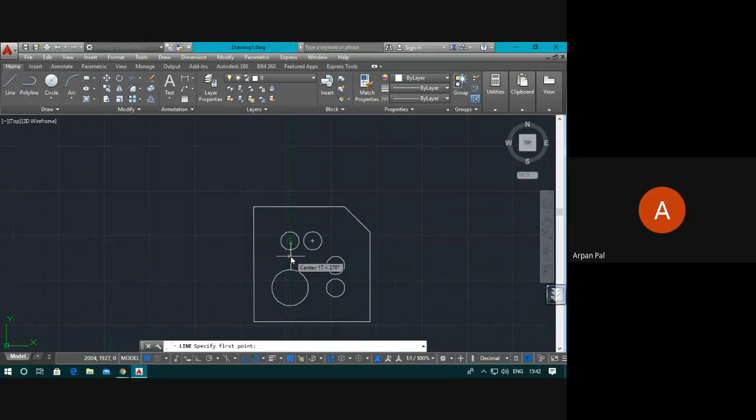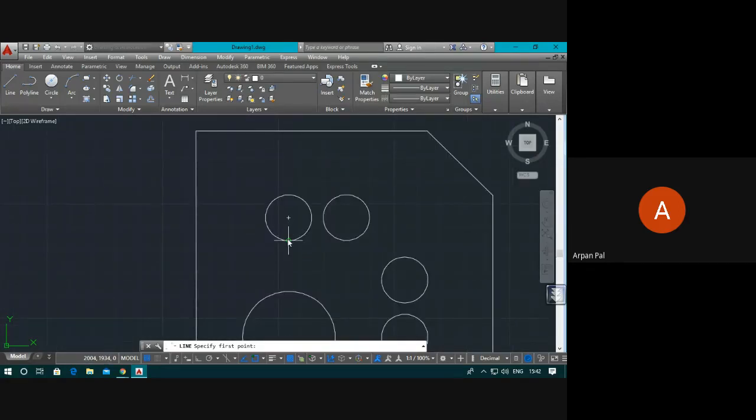Okay. Suppose this is one line passing through the quadrant, it is showing. If you move it from here and click here, then inside the circle only one line has been finished. After that, you join it to here. Again, for this circle, do the same thing. Join it from here, here, and just 3 clicks to make it.